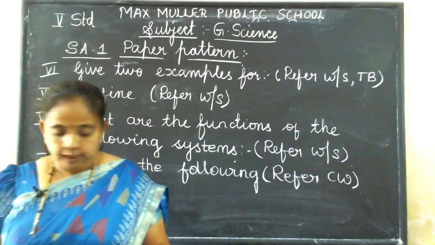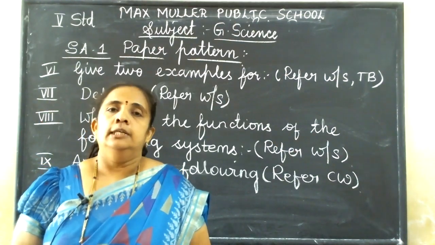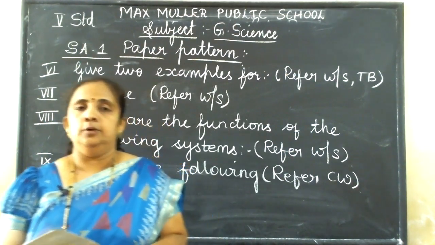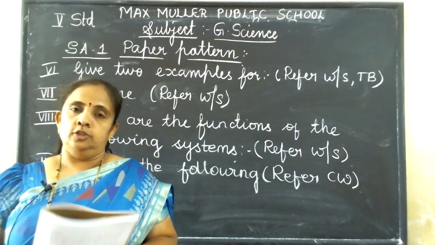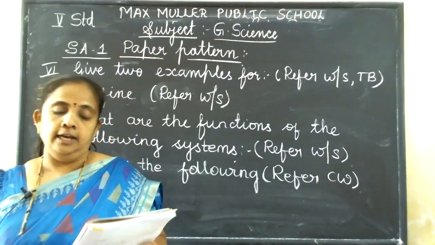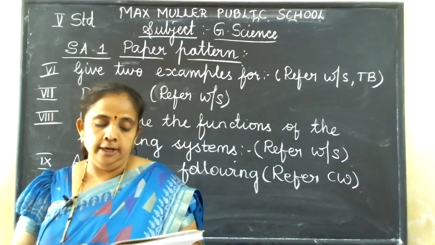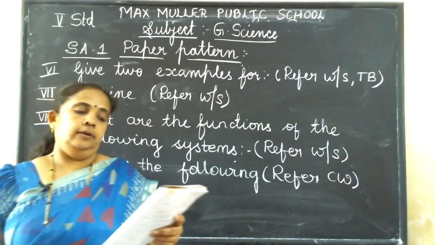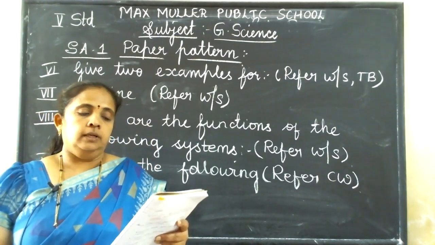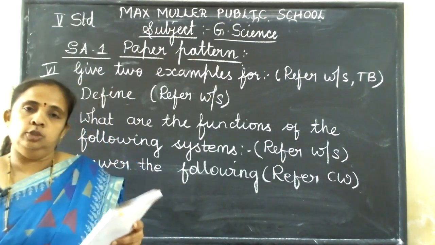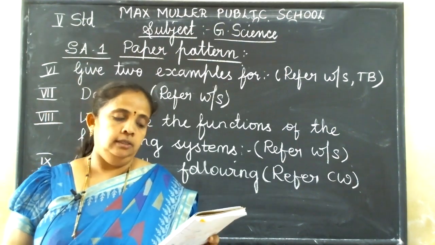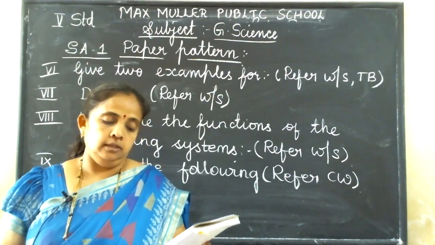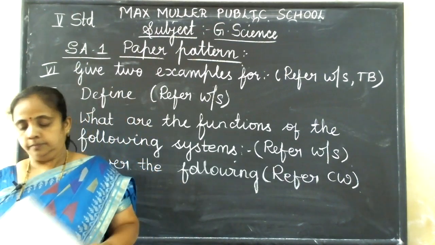Second question was, give 4 examples of microbes useful to us. Lactobacillus converts milk into curd. Mushroom, a rich source of protein. Penicillium, penicillin medicine is made. Bacteria in stomach helps in digestion of food. I'll repeat it. Lactobacillus converts milk into curd. Mushroom, a rich source of protein. Penicillium, penicillin medicine is made. Bacteria in stomach helps in digestion of food.